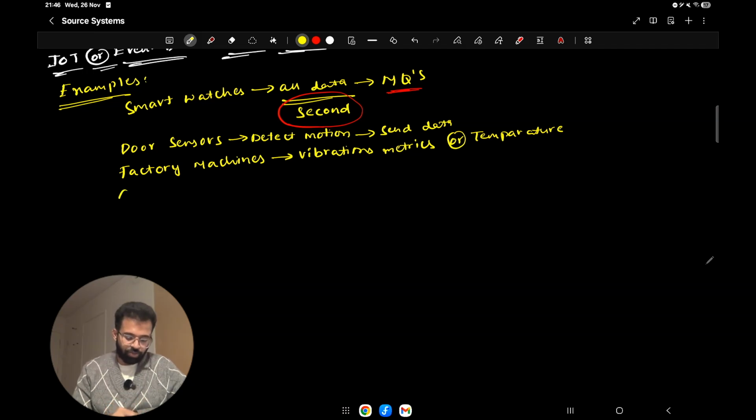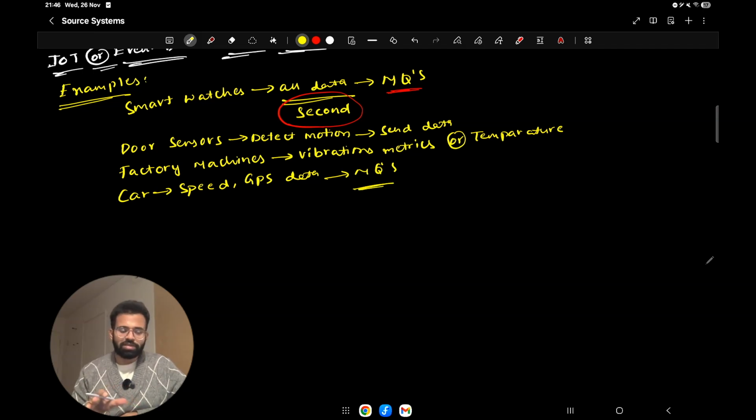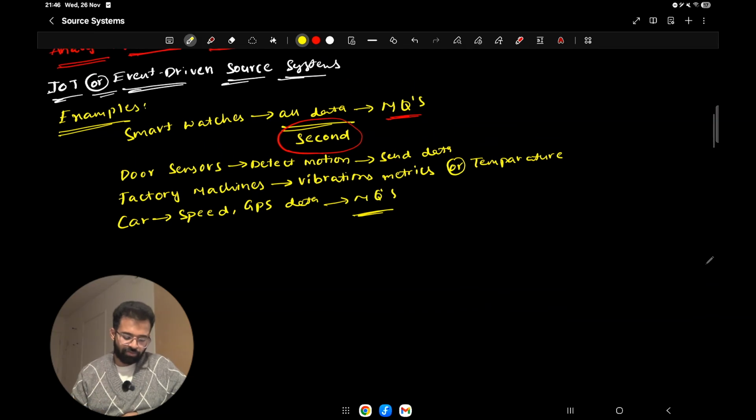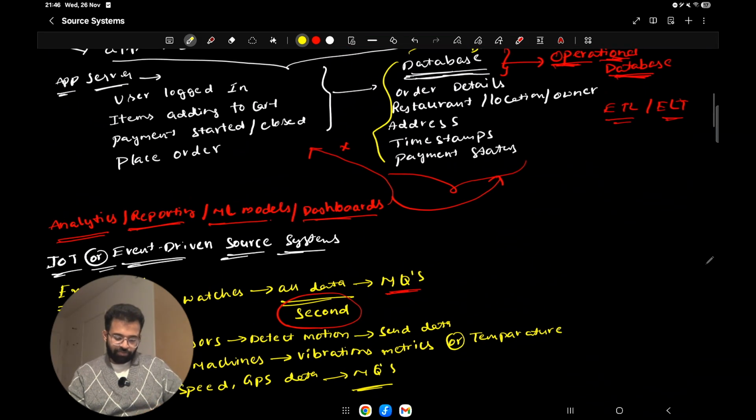What they normally do is they will send speed and GPS location and all that data, okay. GPS data and all that data they will be sending to some message queues, right? So this is also nowadays, in this modern digital era, something you get to see quite often, okay. But I would say compared to the first pattern,